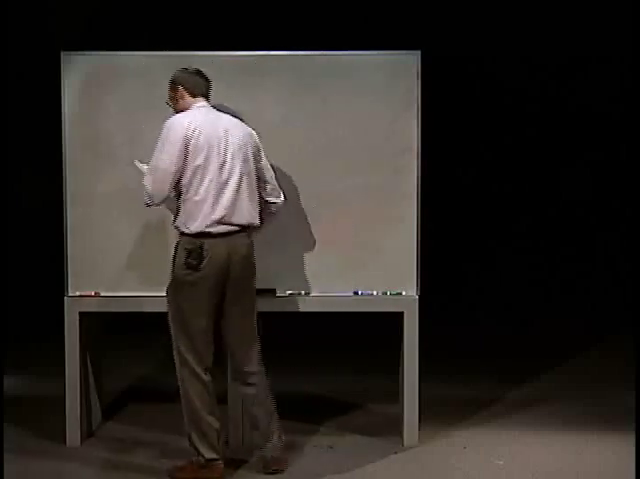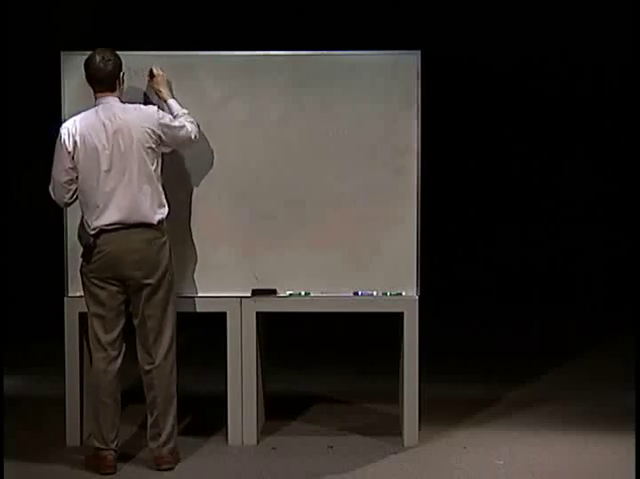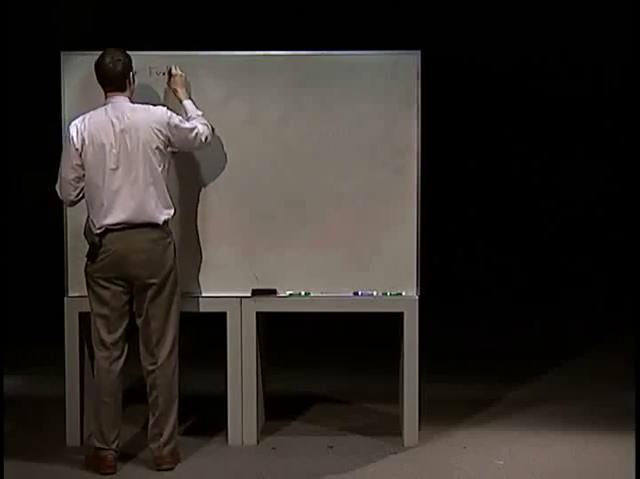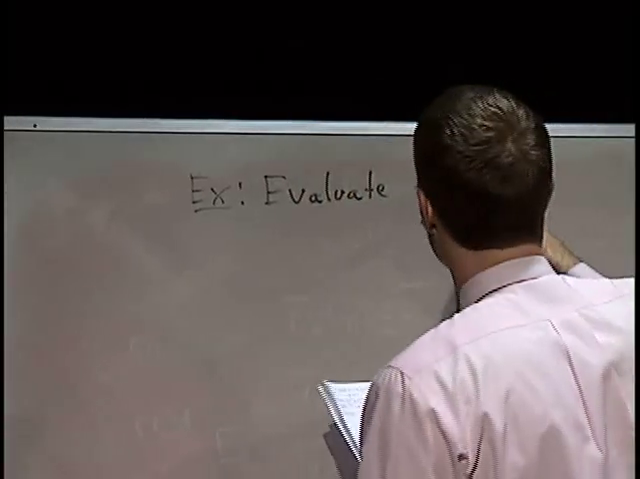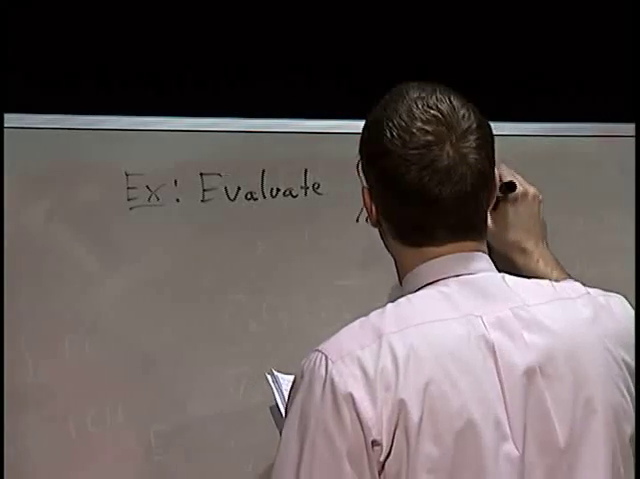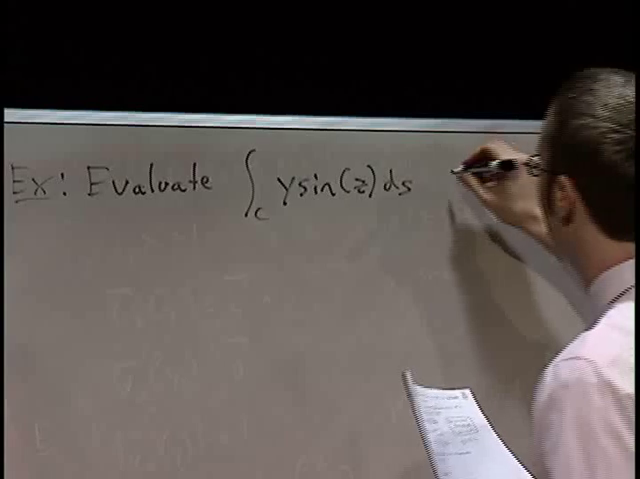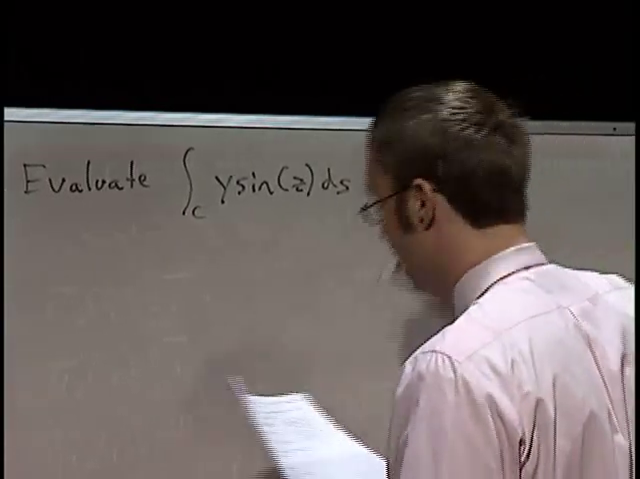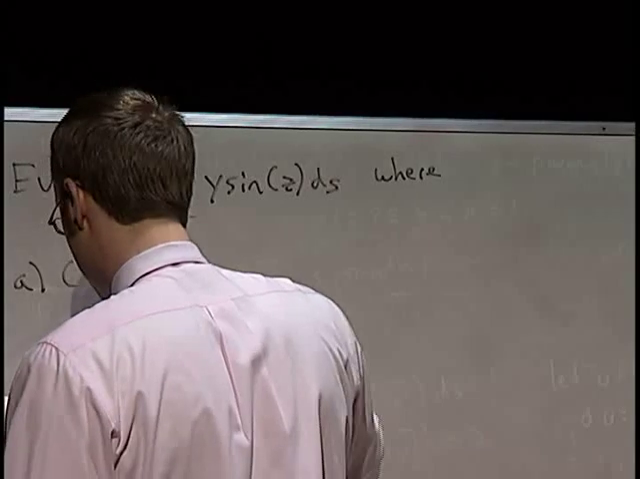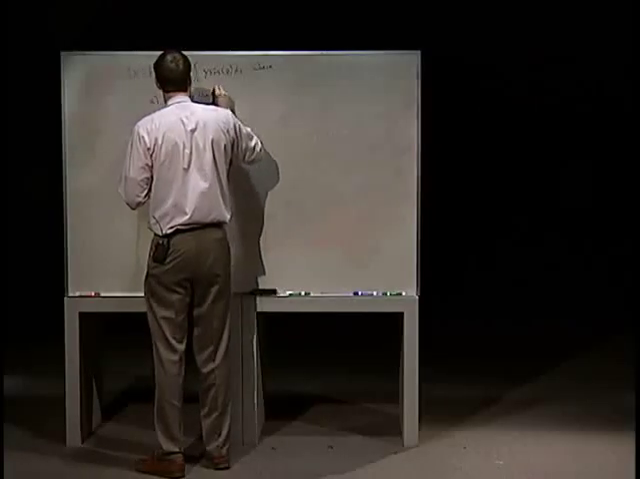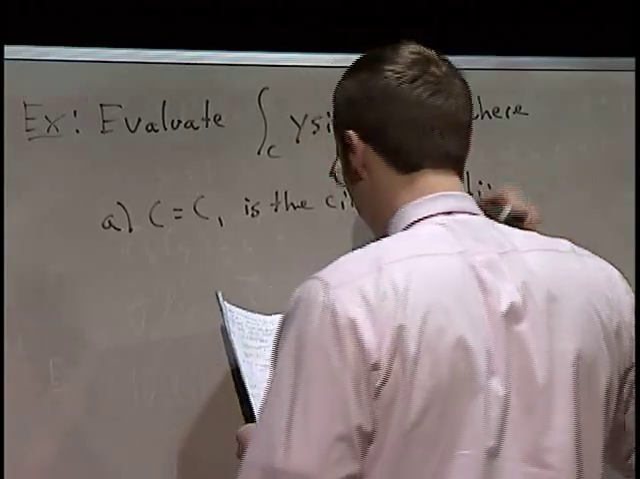Let's see what we got. Let's do another one, but let's evaluate it two different ways here. So let's evaluate the integral over C of y sine z. And let's do it two separate ways. So first, I want C to be the circular helix